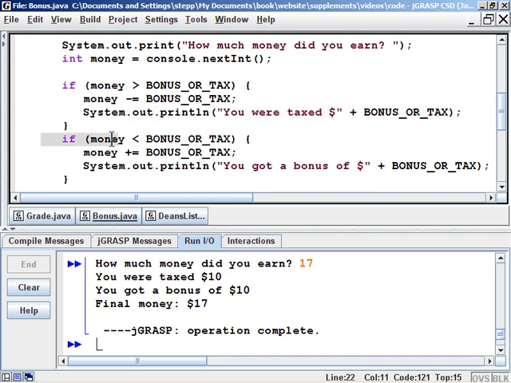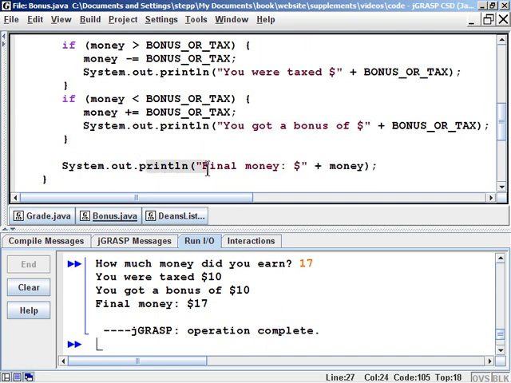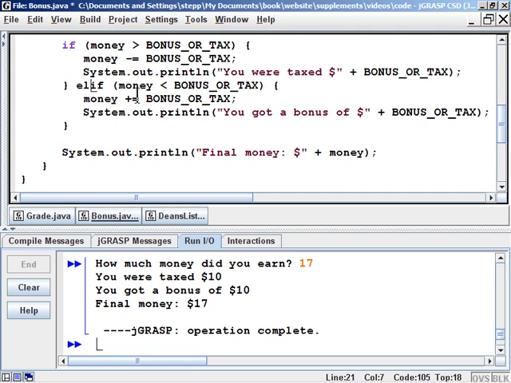And now when we get to here, it says, well, let's also execute this piece of code. So is the new $7 less than 10? Yes, it is. So we add 10 back into it, and so we get a bonus as well, and we end up with the same $17 that we started with. So that's no good. And so again, in this case, this program is much more correct if we introduce an